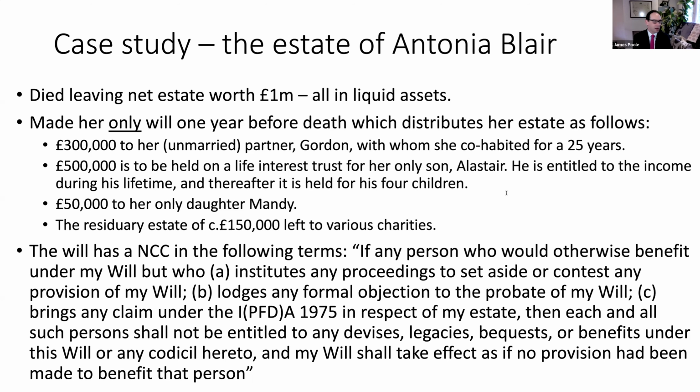We don't know how much the debts are, but one way it could be done is to swell the pot so he gets greater income, but that means taking away from other beneficiaries. Another way would be to give him a lump sum, but that obviously has big ramifications, because that lump sum, if it's going to be used to pay off his debts, is going to have to come from other beneficiaries, whether that's the charities and the residue, or his own children, or Gordon, or his sister for that matter. So there are quite big issues with it.